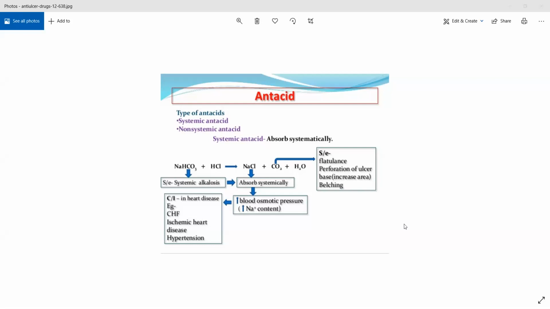The patient will have flatulence as well as belching, in the sense they'll feel very full, they'll not be able to eat properly. उसको हिंदी में डकार लेना बोलते हैं belching को. I'm not sure whether you know or not. If you eat a lot of food, you'll start, how should I call it? It is called belching in English.